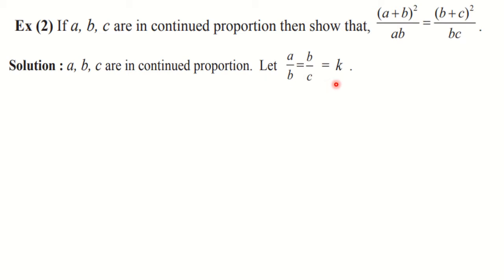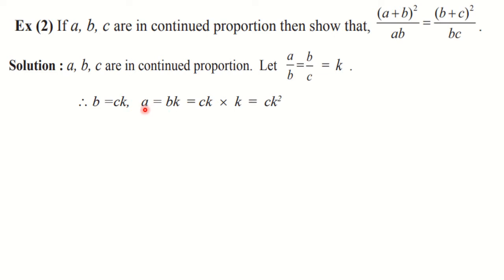Then we are finding the value of numerators in the form of K by going for cross multiplication. So here also we are doing the same thing. Here we are going to go for cross multiplication. So what we are going to get? B is equal to CK and A is equal to BK. Okay. So we are going to get these two results because of cross multiplication. See, B is equal to C into K, that is CK, and A is equal to BK.